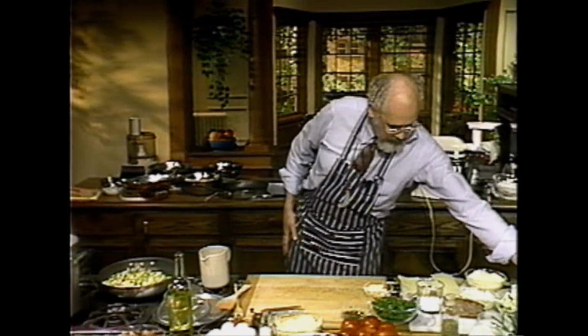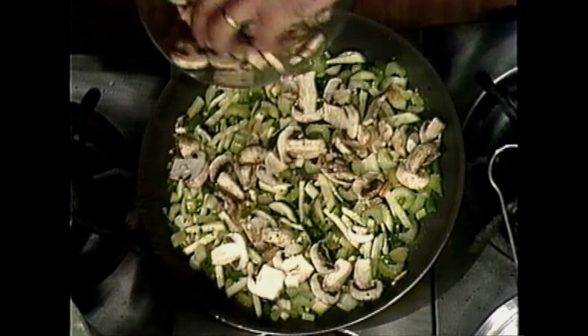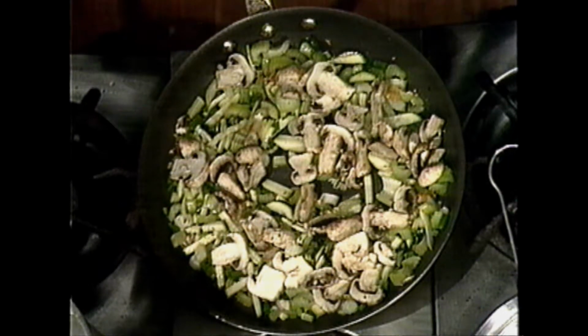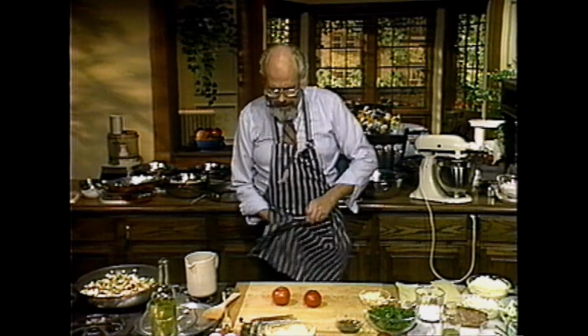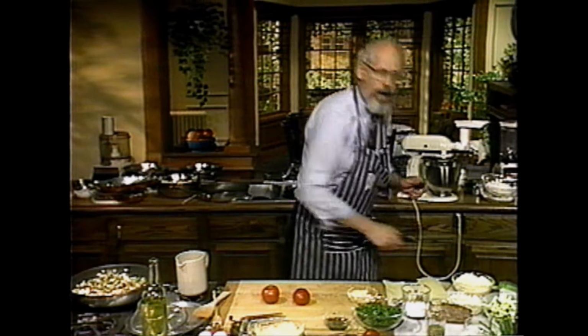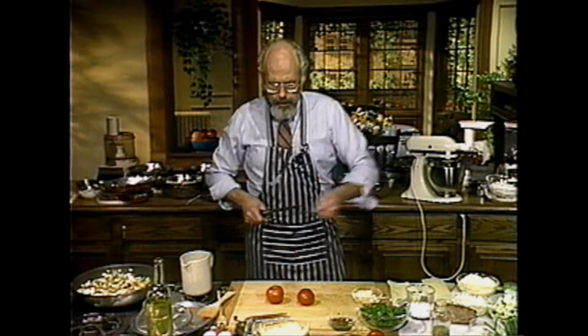Let's try some mushrooms. Oh, a little handful. You can vary this any way you like. These are all sliced up and ready. While those are cooking, I'm going to dice up a couple of tomatoes. Now remember, if your knife is not sharp, you're not going to be able to cut a tomato without getting juice all over the board. You sharpen your knife thusly,